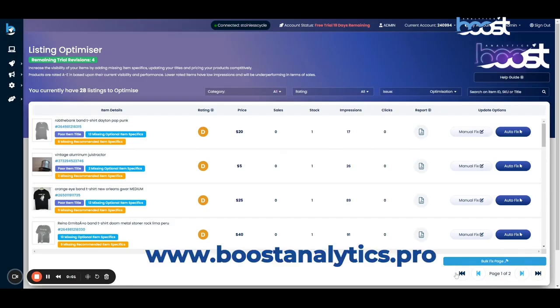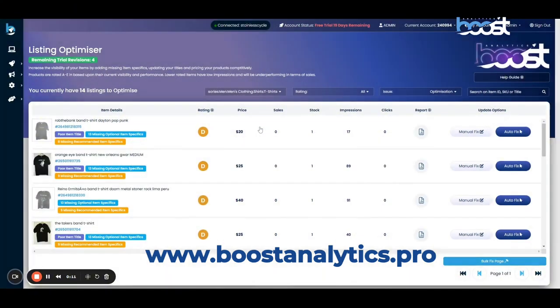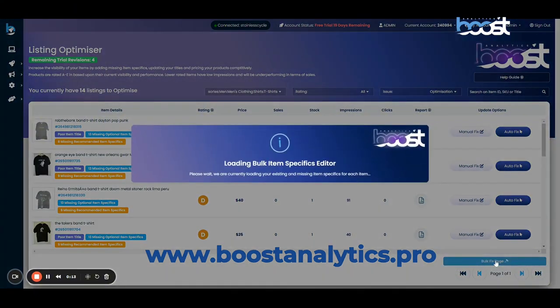The Bulk Fix Page button allows you to do full bulk optimization across a category very quickly and accurately. To start, select a category and then click on Bulk Fix Page. This will then load the bulk item specifics editor matrix, allowing you to make quick and easy changes and additions